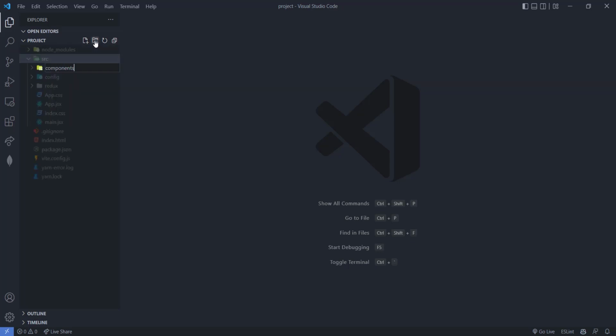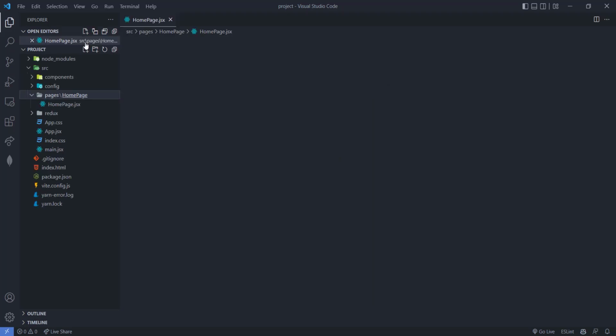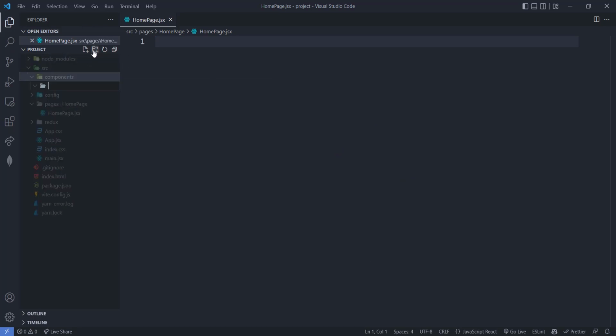First of all let's create the folder for the components, and then we are going to create one for the pages here. So here will be the pages, and then here we are going to create the first page, and that will be a folder. So here will be home page. Then we will have the homepage.jsx file here, and after that here will be a components folder. In the components we will first create one for the home page,